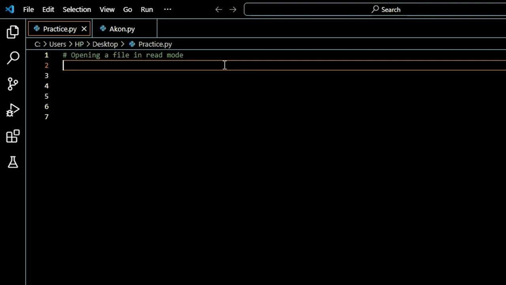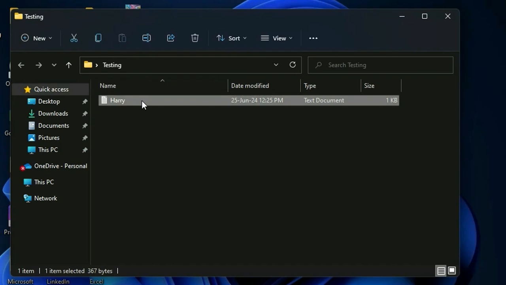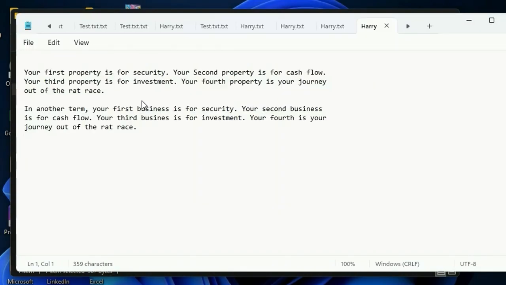But before then, let me show you the file and the content inside before we write the code to read it. Here is the file, and it is inside a folder called testing. Let me open it so we can see the content inside. As you can see, this is the content inside the file, and this is a text file. The extension is .txt, so this is a plain text file,